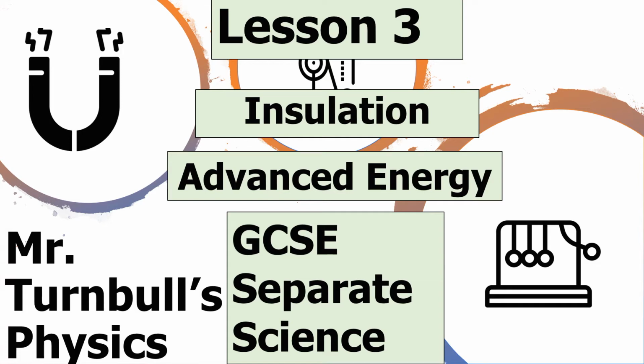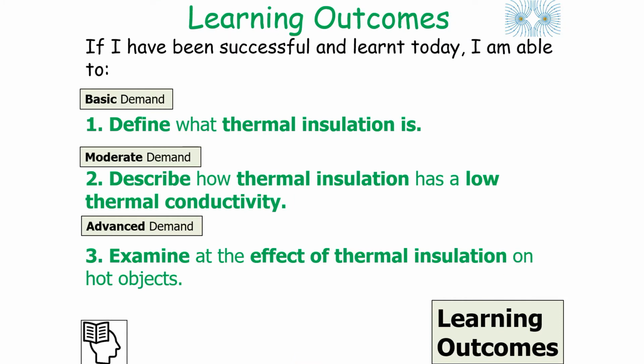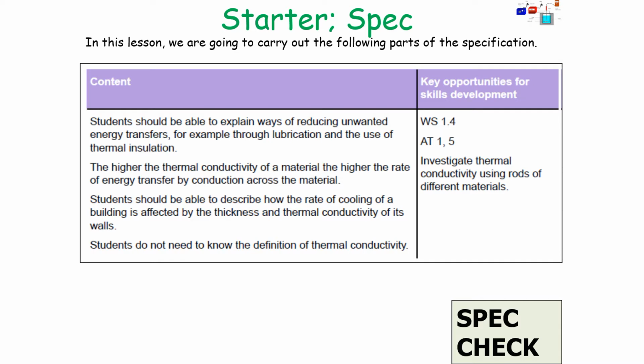Hello and welcome to today's lesson on insulation, which is found in the energy topic of GCSE Separate Science and GCSE Combined Science Physics. So in today's lesson we're going to look at how insulation works. If we're successful in today's lesson, we should be able to define what insulation is, describe how thermal insulation has a low thermal conductivity, and examine the effect of thermal insulation on hot objects, which links in the following part of the AQA GCSE Physics specification 4.2.1 energy transfers,